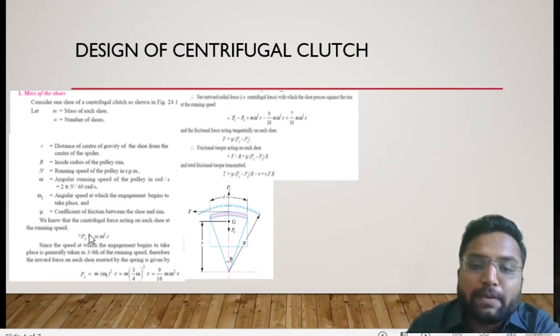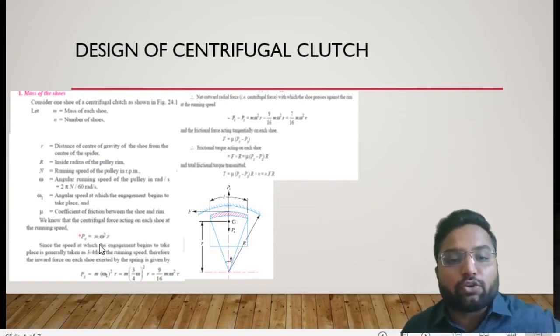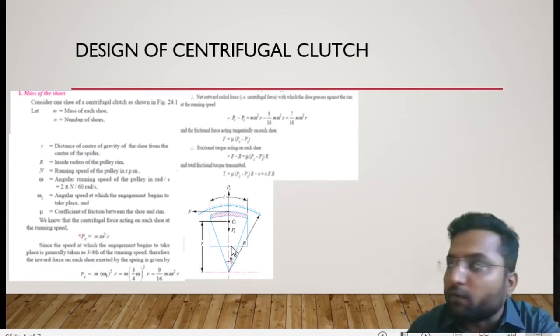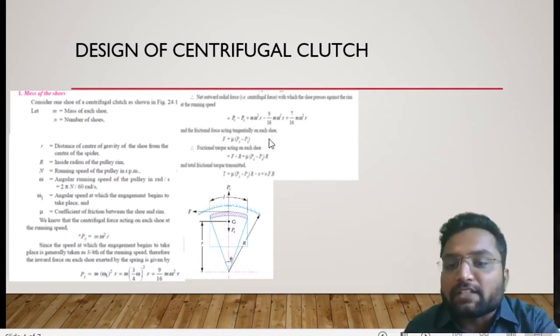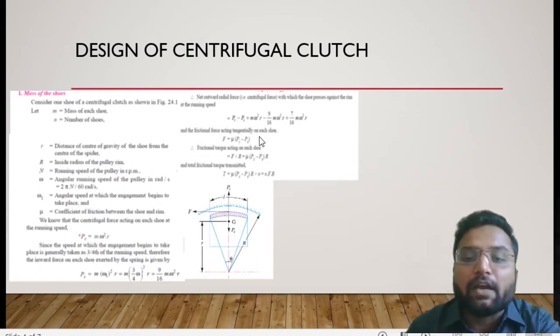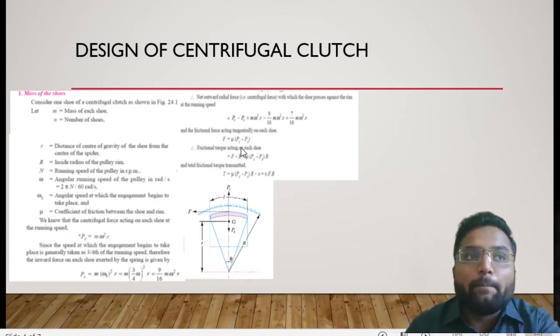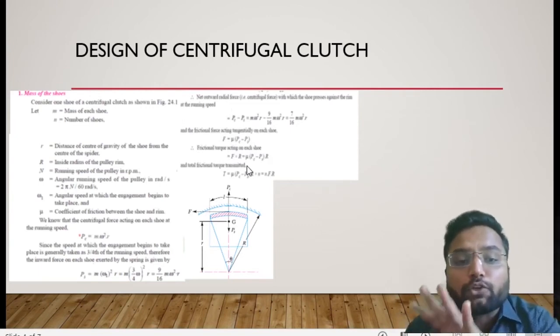Here Pc is nothing but the centrifugal force, m omega square r, of the component which is rotating. Clear? So it will take our mass outward from our center, and this is Ps. This is nothing but the spring force, which tries to get our mass back to its original position, and the difference between Pc and Ps is nothing but our frictional force. This resultant frictional force is F equal to mu times (Pc minus Ps). So this frictional force will help us create the sufficient amount of torque which is required.